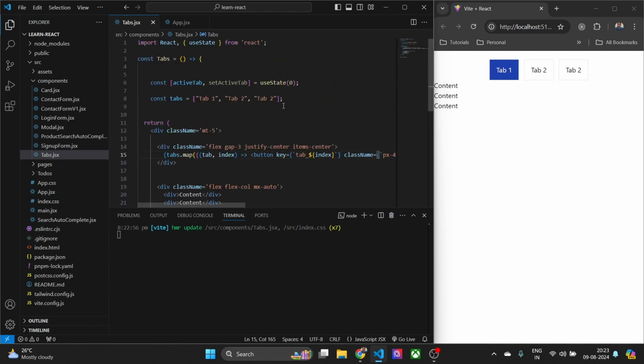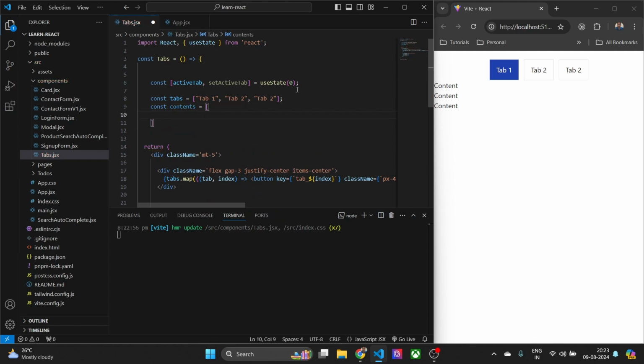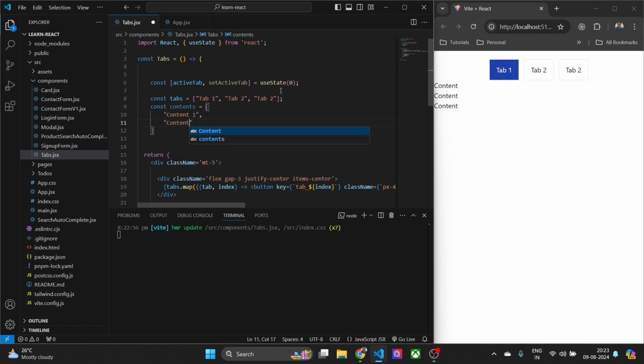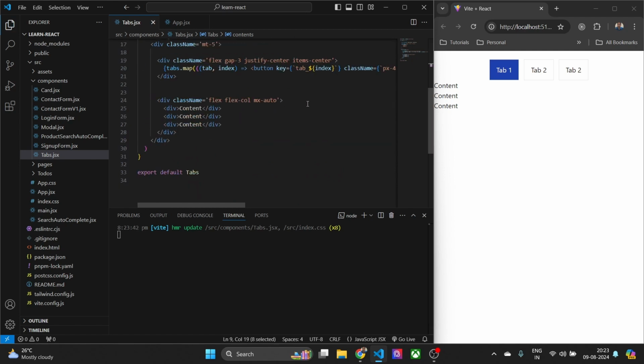Okay, this is how it is going to work. For this, I will do one more thing here, like the contents. If this is the first content, okay, content 1, content 2, we can pass the content dynamically, but I am hard coding it here with some basic content. Okay, 3. So for this, I will also use the map inside this,